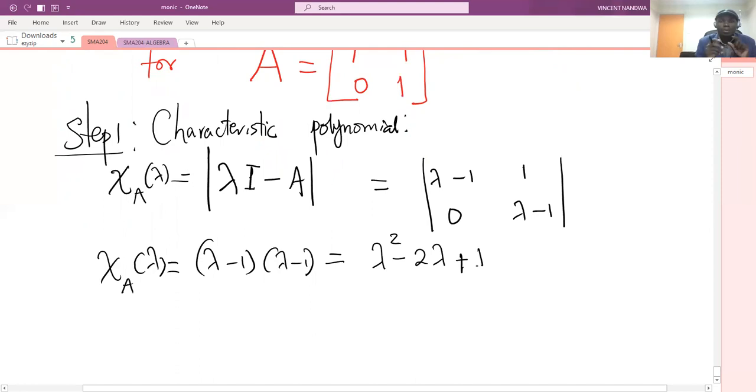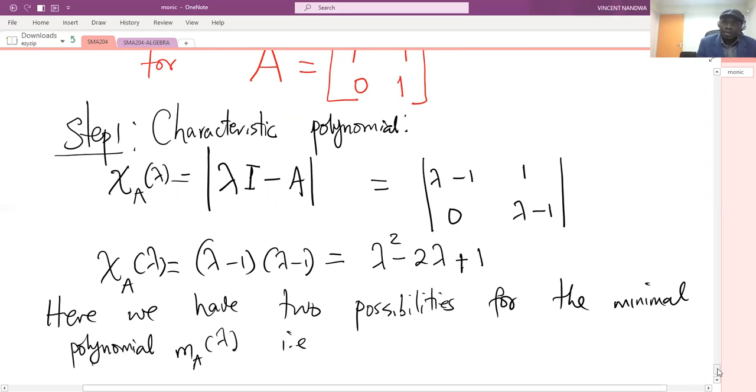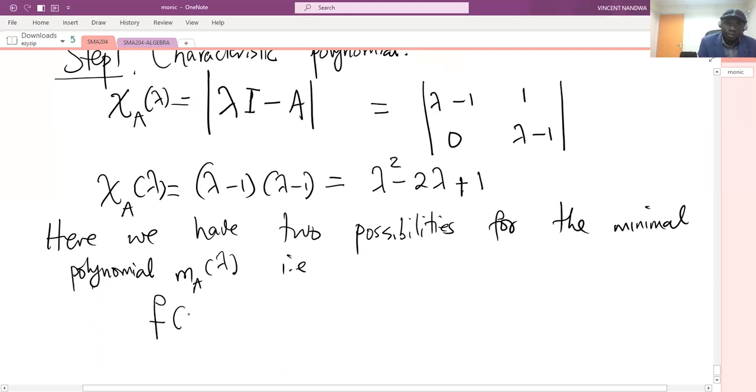So there are two possibilities. Remember, the minimal polynomial always divides the characteristic polynomial. The possible factors of this polynomial are lambda minus 1 and lambda minus 1 squared itself. So we have two possibilities for the minimal polynomial MA of this matrix. It can either be a function f of x given by x minus 1 times x minus 1, the same as x squared minus 2x plus 1,